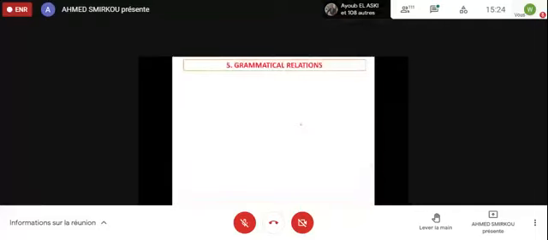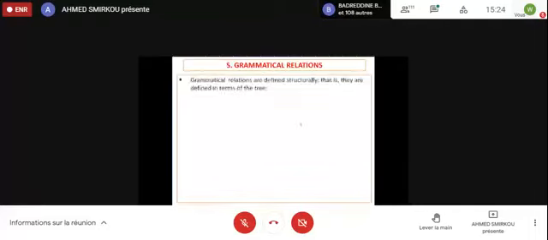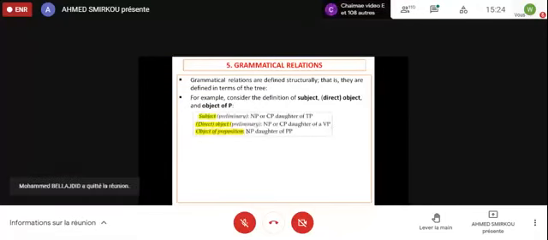Now we move to grammatical relations. Grammatical relations are defined structurally, that is, they are defined in terms of the tree. We need to define what is a subject and objects of preposition. Okay, so as you can see here,